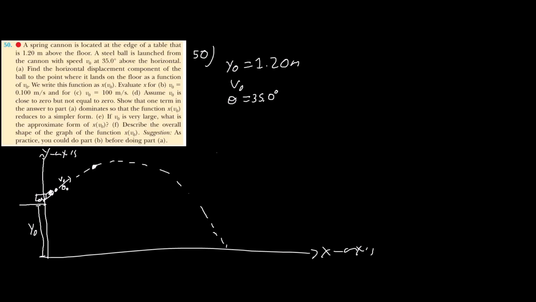So basically, folks, let me draw it right here. You have a cannonball, and this cannonball is launched from some height. I'm going to call it Y naught. So this cannonball is launched at some angle and at some speed. Y naught here, in this case, is going to be 1.20 meters, and some V naught with some angle that's going to be 35 degrees. So this cannonball is going to be launched at some angle, theta naught, with some speed, V naught. And the question is asking,